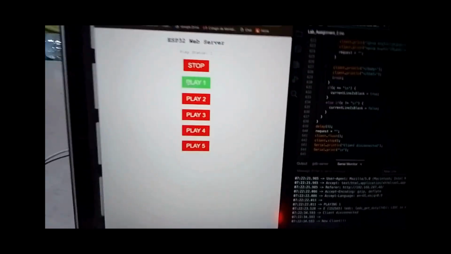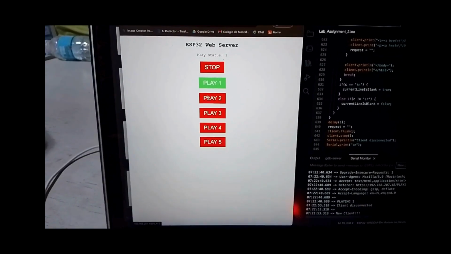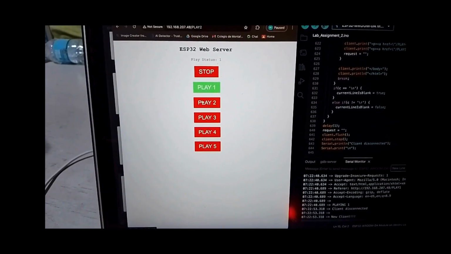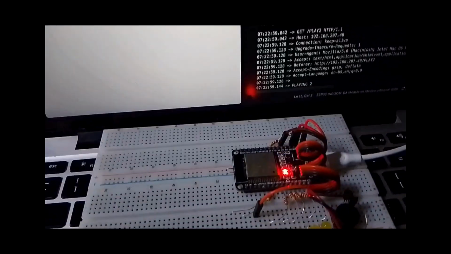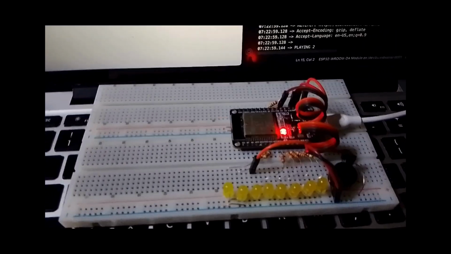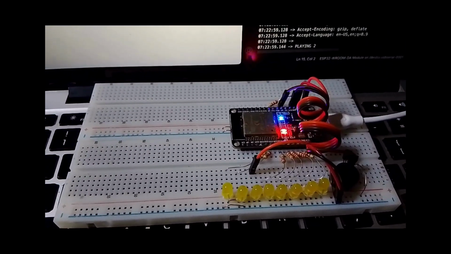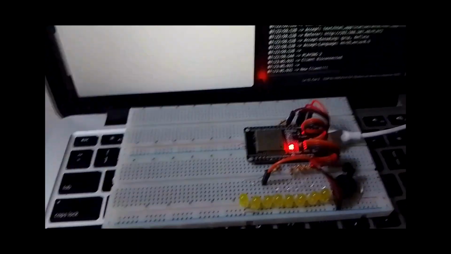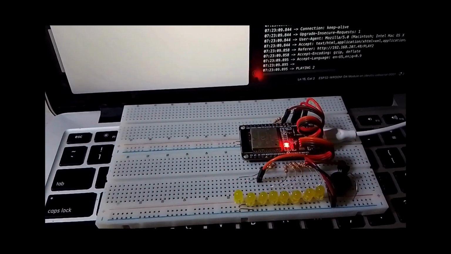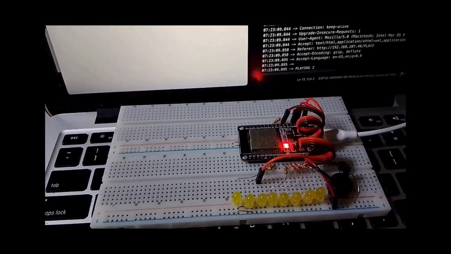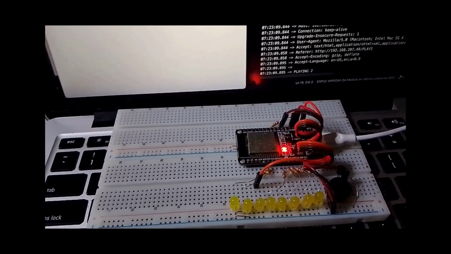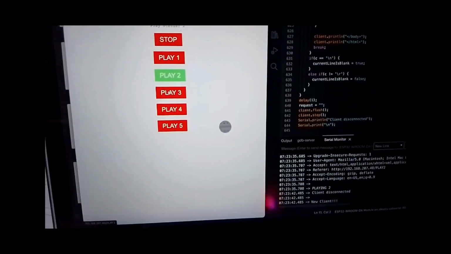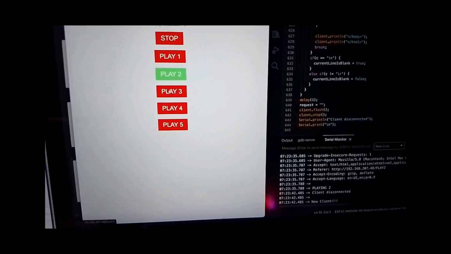Okay. Then I will choose the second option. Let's try it again. Then I will choose the third option.